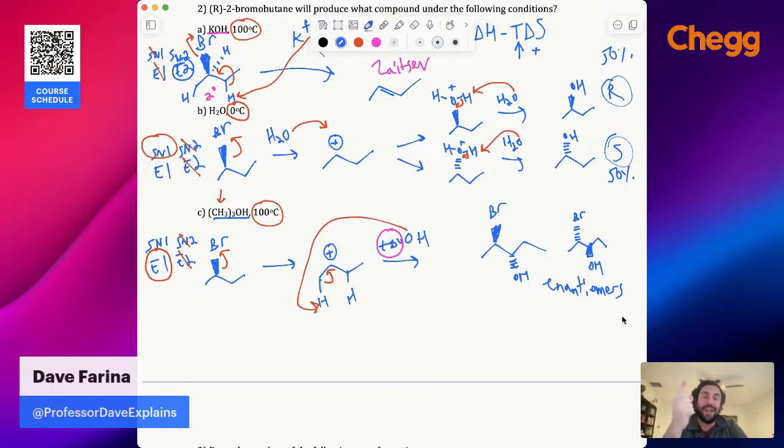So every chiral molecule has one enantiomer. That's it. But a molecule can have many diastereomers, and a diastereomer is a stereoisomer that is not the enantiomer, meaning if you change one or more but not all of the chiral centers, you get a diastereomer. So for example, if we invert the bromo but not the hydroxyl, or if we invert the hydroxyl